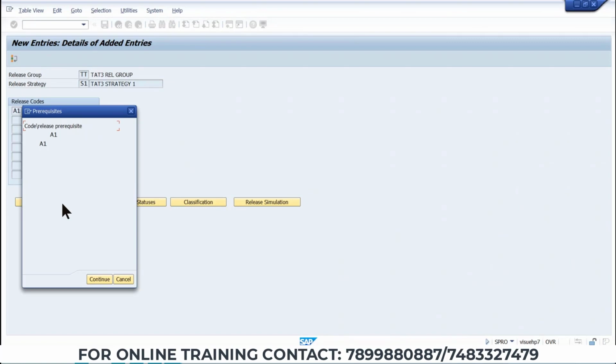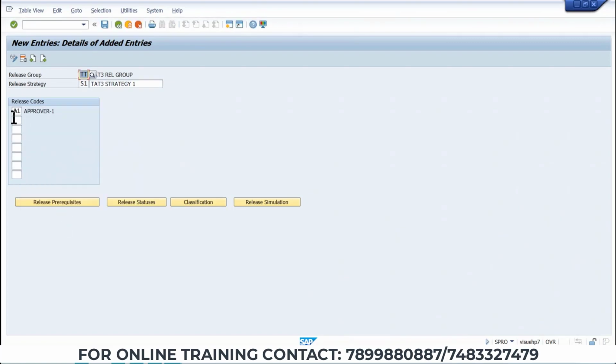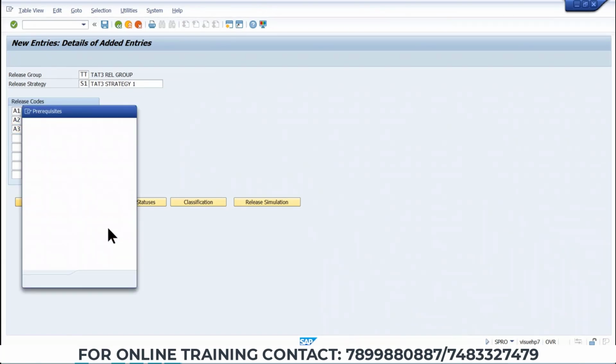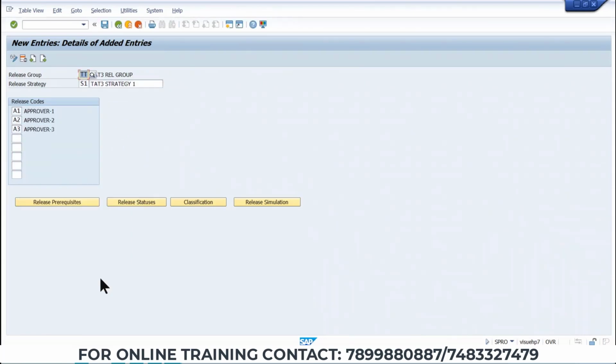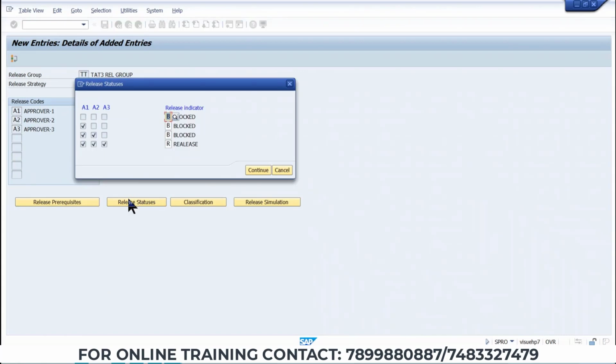Click on. So here I am doing one. So suppose if you want to create for all, you can create. As I told you, you need to select this L, simple control, and click continue. So here you will get it. If you go to release status, see